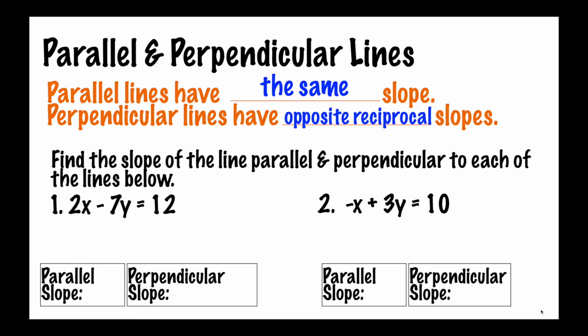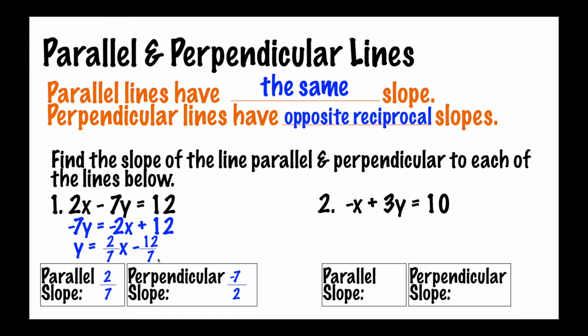In example 1, we start by subtracting 2x on each side. That will end up giving us negative 7y is equal to negative 2x plus 12. From there, we divide everything through by negative 7, which is going to make this negative 2 divided by negative 7 gives us positive 2 sevenths x. 12 divided by negative 7 will make this minus 12 sevenths. Therefore, the parallel slope is going to be the same. It's going to stay 2 sevenths, and then the perpendicular slope, when we do the opposite reciprocal, should be negative